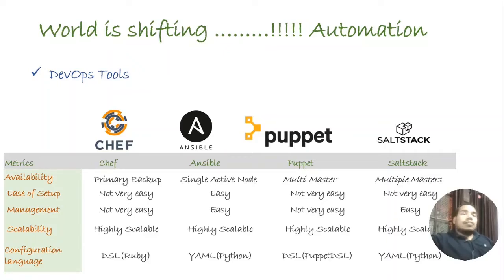In Chef, you need to be a programmer to manage the configuration as it offers configuration in Ruby DSL, which is a tough language to learn. Chef works on a pull model, meaning each node, or say client, will talk to the server at a certain given time to pull configuration if there are any changes. So it works on a pull model. The client pulls the configuration from the server.